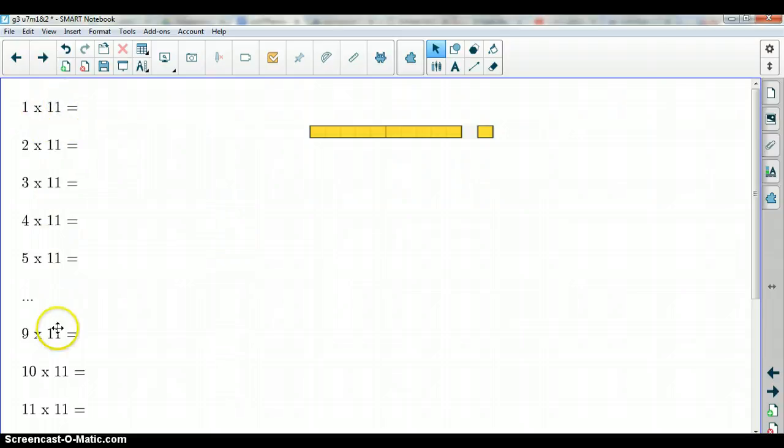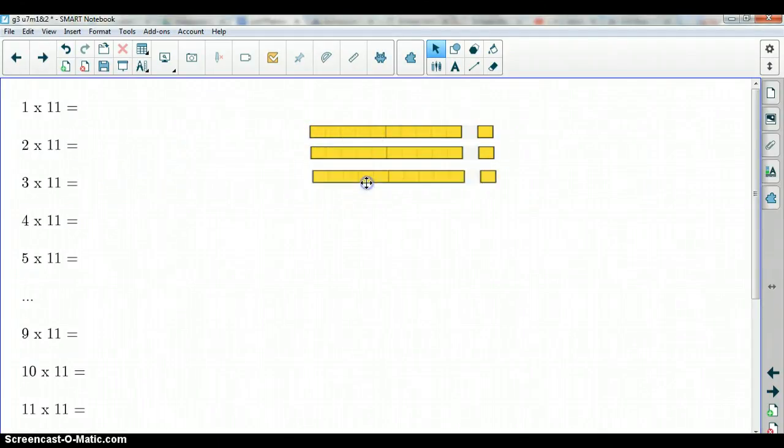So now we go through our 11 as a factor with our picture here. So I have 11 in our array right now. It's an 11, so you want to talk about the dimensions, an 11 by 1. And that's what we have here, an 11 by 1, which gives us how many squares? 11. Now let's go to 2 by 11. So what's nice here is I made this an infinite cloner, so you just drag a group of 11 down right here. And now I have 2, dimension of 2 by 11, which gives us 22. And then we go to drag another one down, 3 by 11, and keep going through this whole list so that you guys can get some